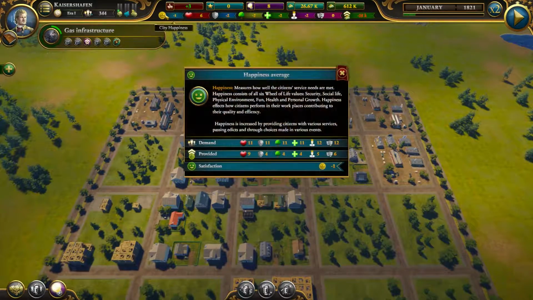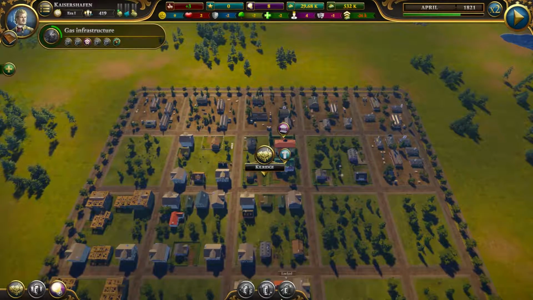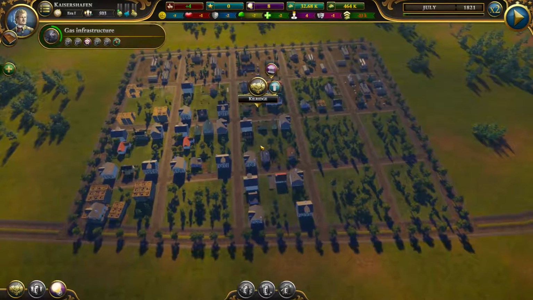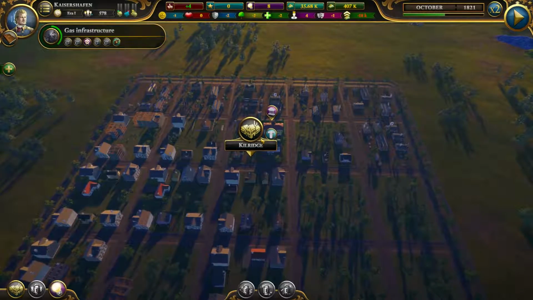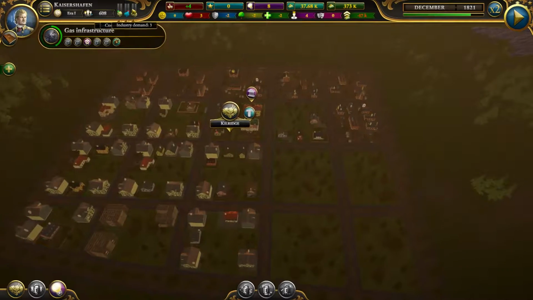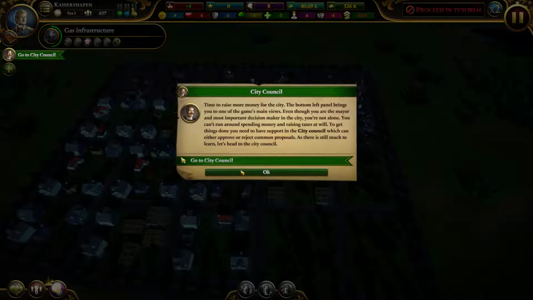Okay, so let's click on this. People want a lot more of everything than they're getting, basically. So we're going to need to come up with a way to fix that, which is going to be more goods and services, but we don't have money to do that because we don't have people or taxes. Oh, I was about to turn it up. Okay. So now,